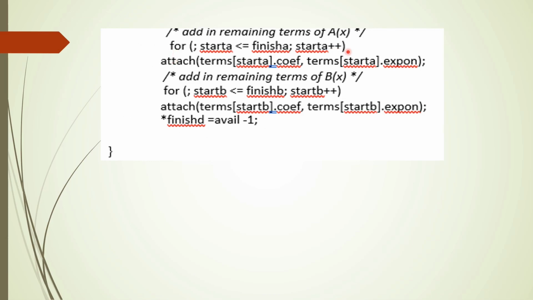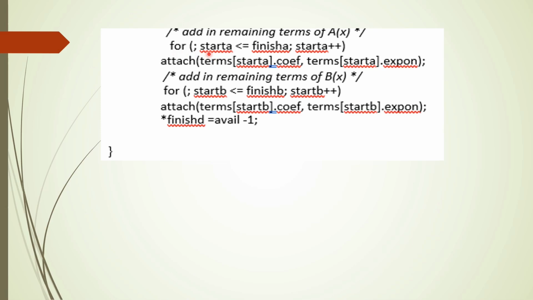As I already mentioned, as long as you have terms in the first as well as the second polynomial, that means if the terms are available in the first polynomial as well as the second polynomial, then you stay inside the while loop and take the appropriate action. So once the terms of any one polynomial become empty, it will come out of the loop, and it will check which polynomial's terms are empty.